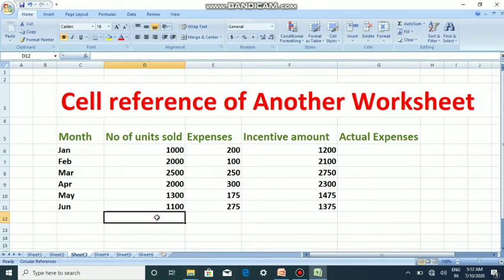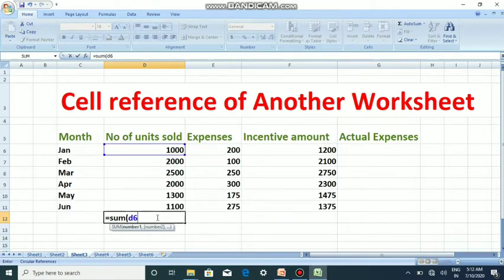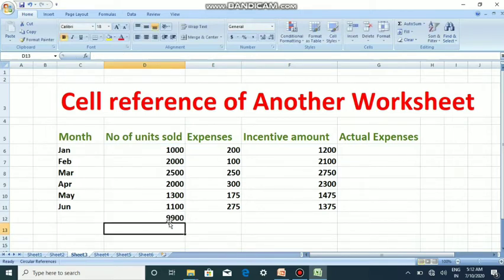For that I'm entering the formula here, equal to sum of D6 to D11, and I'm pressing the enter key, and it will give you the sum, that is 9900. The first method is the copy paste method, so I'm going to copy that.